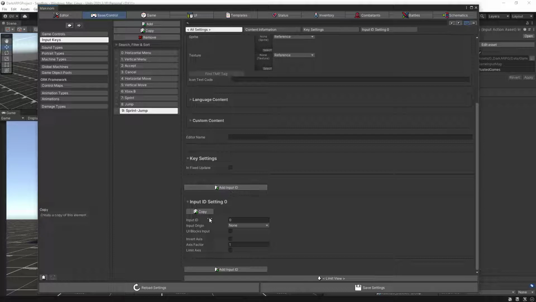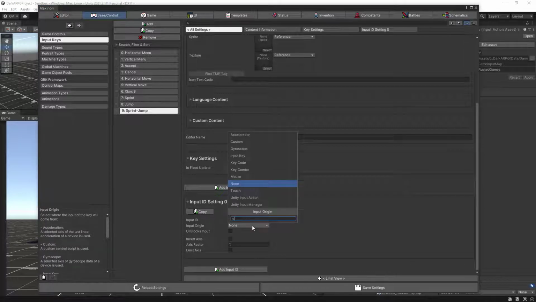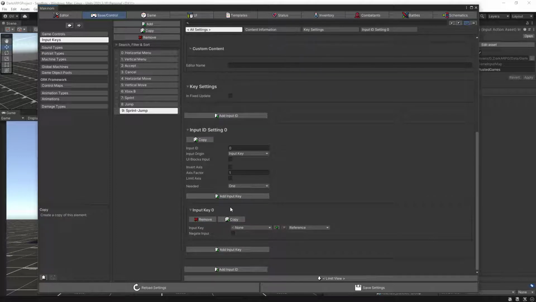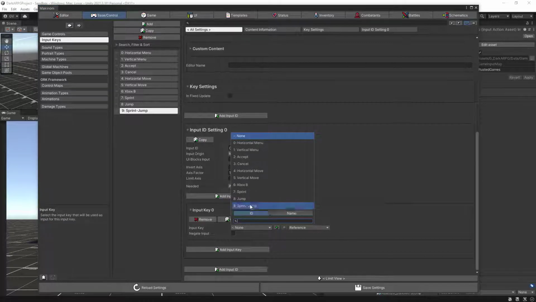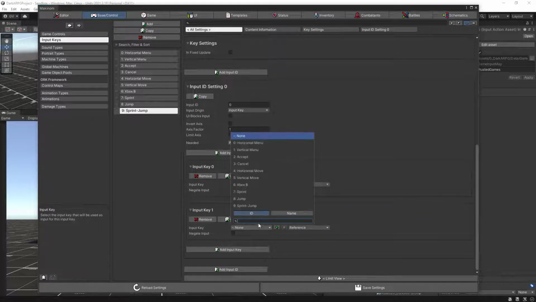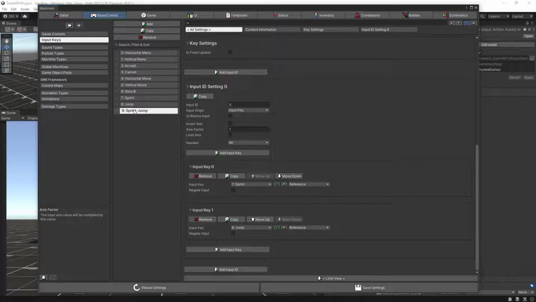In the input settings, the input origin is going to be in this case another input key. So we need to select the input key we need to listen to, and we are going to use both sprint and jump together. So in this case we need both. So click on all, and in the input key let's select sprint, then let's add another input key and select jump. So this sprint jump key will be registered whenever sprint and jump are pressed together. Right? So let's click on save